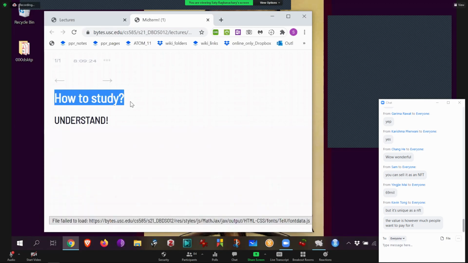Okay, so the key question becomes, what do you do? I think the one word, which you probably got from the sample midterm, was to understand everything: understand. Many times you're not used to really realizing what that means. It's a simple word, right? I understand.